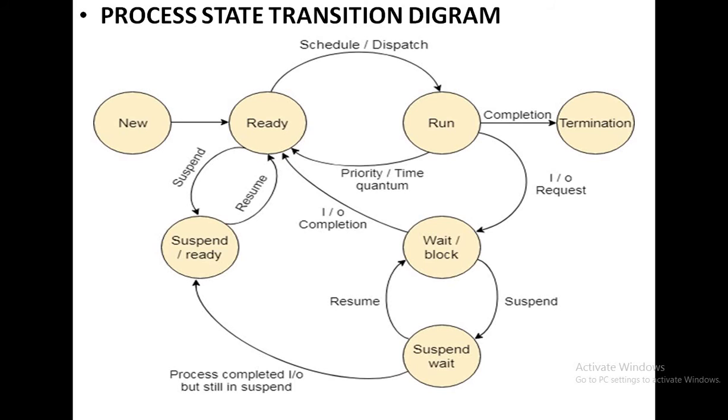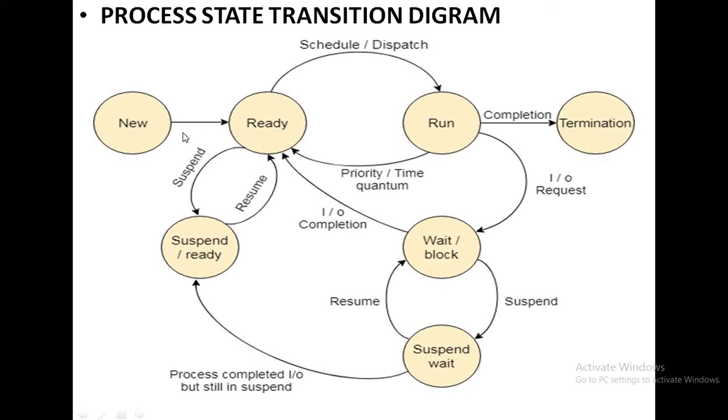Okay. So this is the diagrammatic representation, and it shows how a process is moved from one state to another state till the completion of a process. These are the cyclical diagrammatic representation of a process state transition diagram. So first, the job is loaded into the secondary storage device. From that secondary storage device, it moves to the ready state or into the primary memory.